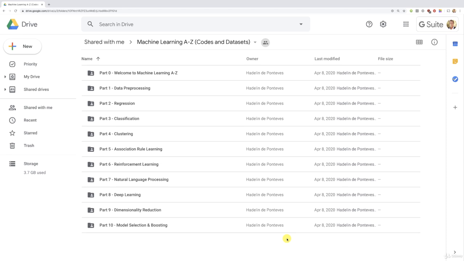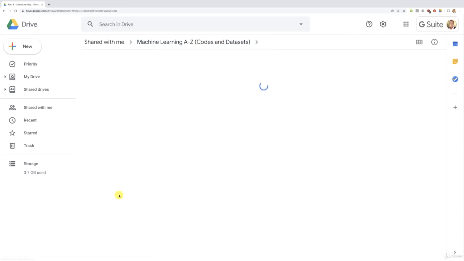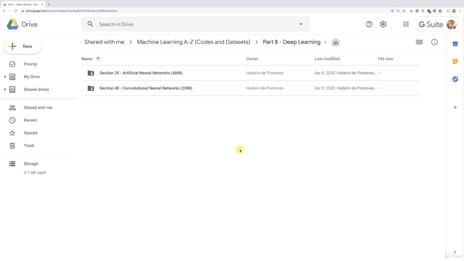And so there you go, my friends. Let's start this new practical activity. And as usual, before we go into this folder, let's make sure everyone here is on the same page. I gave you the link to this folder right before this tutorial in the article. And so now, please follow me into part 8, deep learning, where inside we're now going to go to convolutional